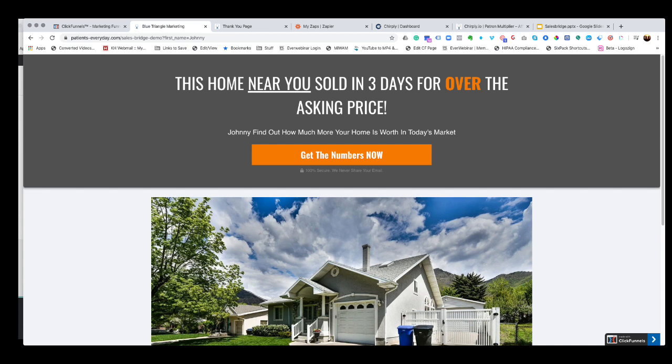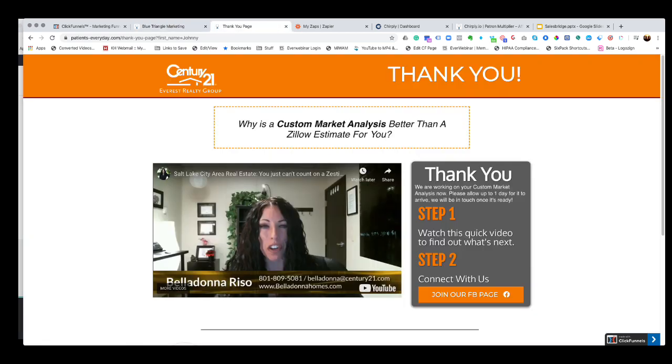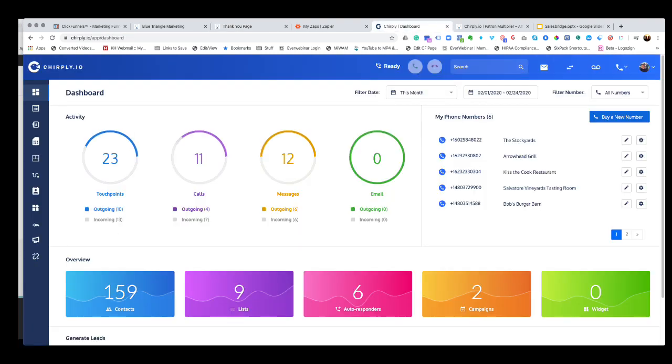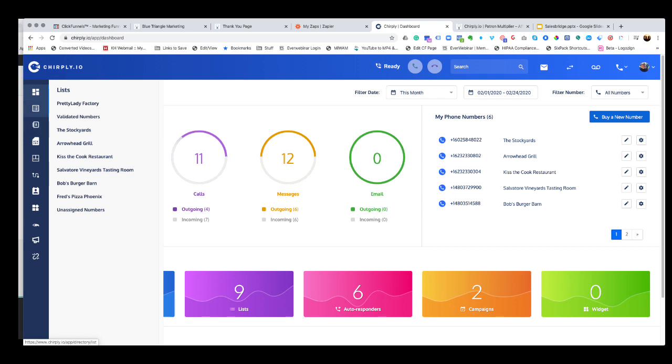So how do you do this? Well, I just signed up for this, so there's a test lead in it. And basically what you do is you set up something that's called the Sales Bridge, and the software here called Chirply. And I have already preset this up. When you look at Chirply, there is a way of just learning it.